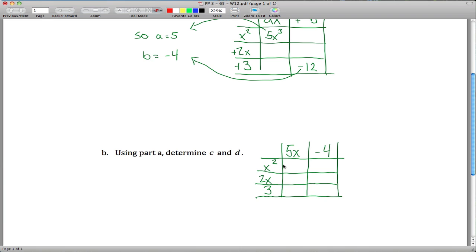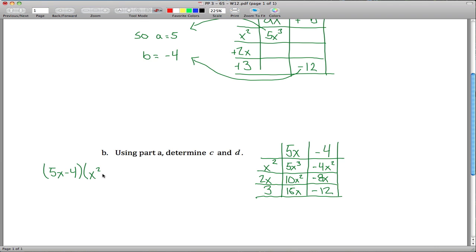So let's see, 5x times x squared gives us 5x cubed. x squared times negative 4 gives you negative 4x squared. 5x times 2x gives you 10x squared. 2x times negative 4 is negative 8x. And 5x times 3 is 15x. And 3 times negative 4 is negative 12. So what I got is 5x minus 4